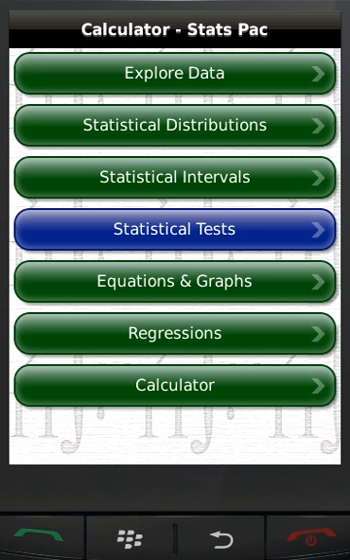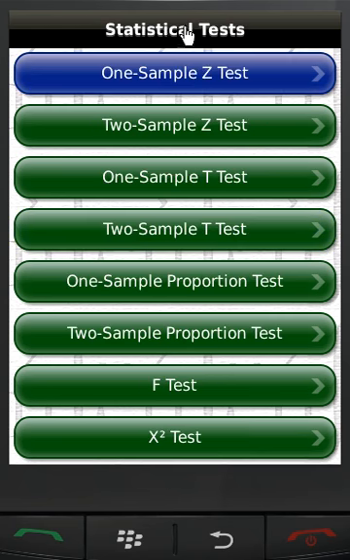Welcome to How to Use Statistical Test, Part 1. We begin by clicking on the Statistical Test button from the main menu, and this brings me to the Statistical Test